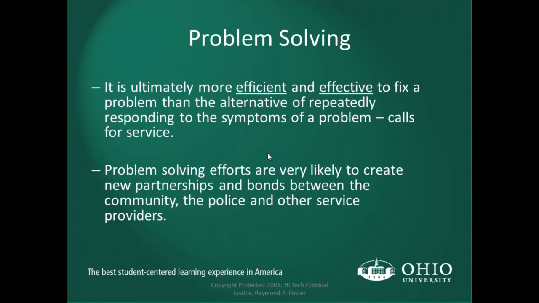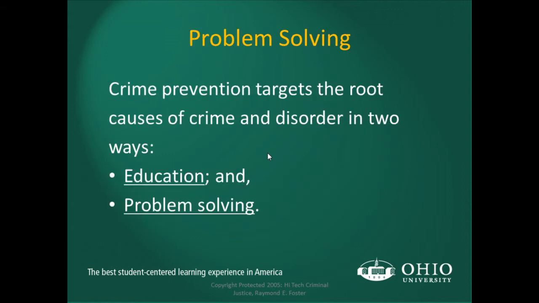responding to the crime. Problem-solving efforts are very likely to create new partnerships and bonds between community, police, and other services. So if we're out there doing these kinds of programs, crime prevention, those kinds of things, you tend to develop better relationships with the community, and it's a major point with community policing. Problem solving. Crime prevention targets the root of the cause of the crime and disorder in two ways: education and